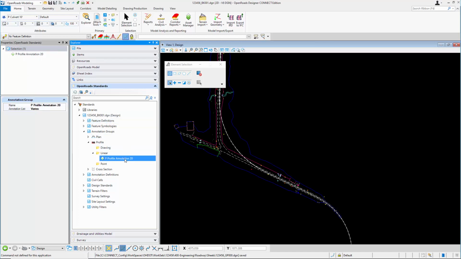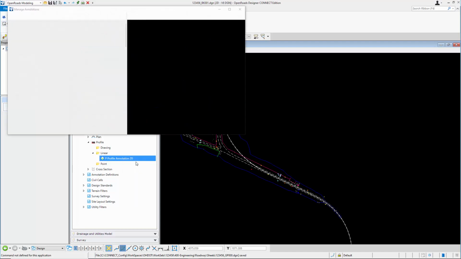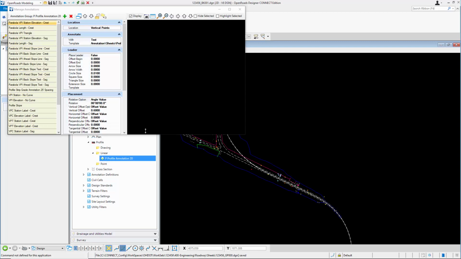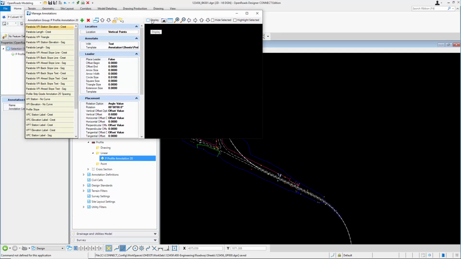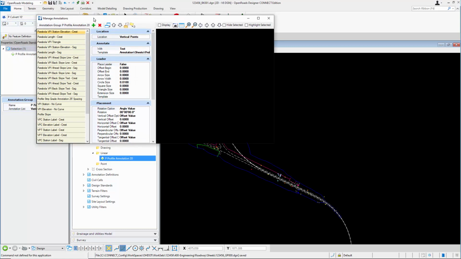I'll come down to this profile annotation and right-click and choose the Manage option. Now, the first time you open this, it's definitely a bit slow. And there's a display checkbox here that I'm going to turn off, and that'll speed up working with this dialog. So you want to make sure you turn that off. The annotation definitions have been synchronized, at least for the ones that have been modified. But what the update from DGN Library does not do is remove ones that we had